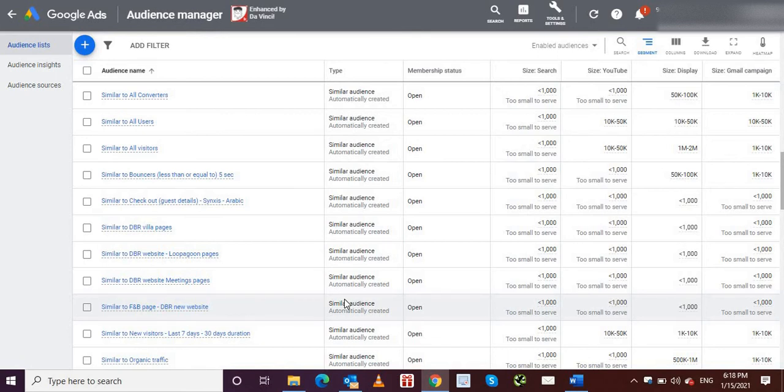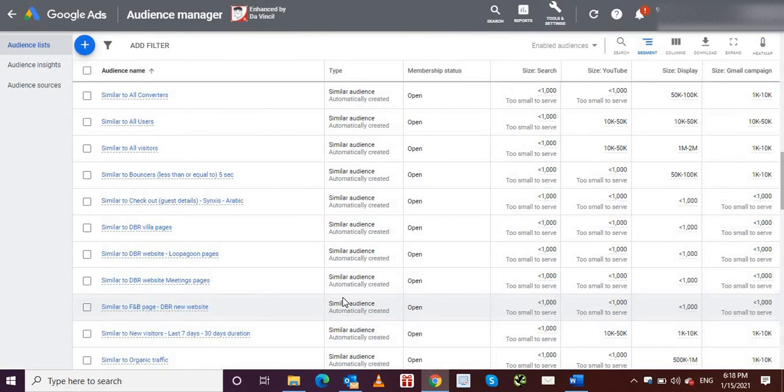Experts have said, and I've also run some tests using similar audiences, and the key benefits that I would like to point out are: number one, reach. You can expand the reach to people who have similar characteristics as those of your seed audience. You can reach out to them, and you can bring them to your website. And once those visitors come to your website, automatically they're added to your remarketing seed list.